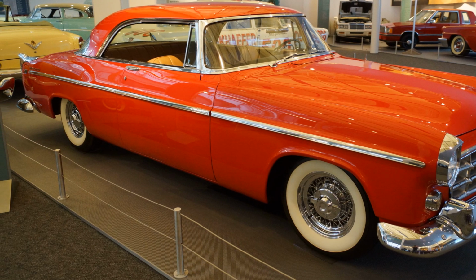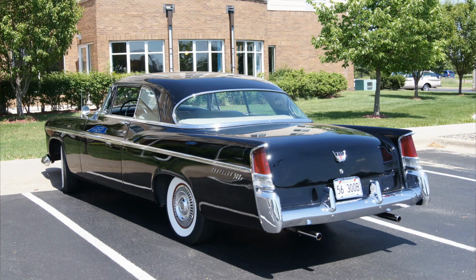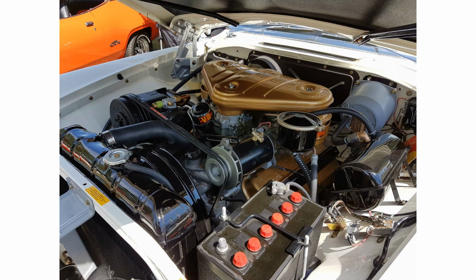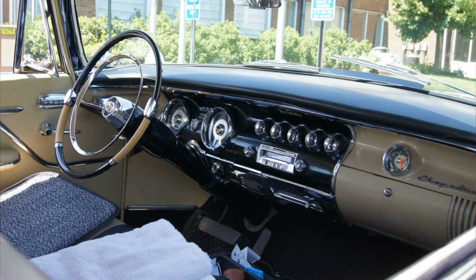In 1956, the car was lightly revised with new tail fins and now with two engines, a 5.8-liter V8 or a 354 cubic inch Hemi, making either 340 or 355 horsepower from a higher compression ratio, and also making the higher output engine the first American car to produce 1 horsepower per cubic inch, beating Chevy by 1 year. As the second generation, the car was now named the 300B, and both Dodge and DeSoto got